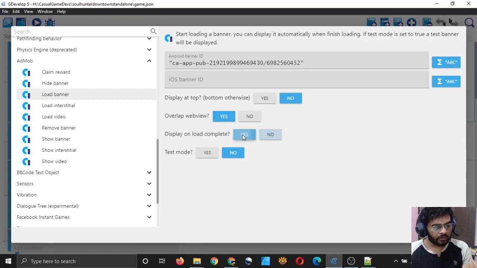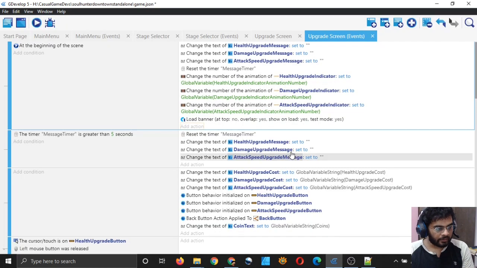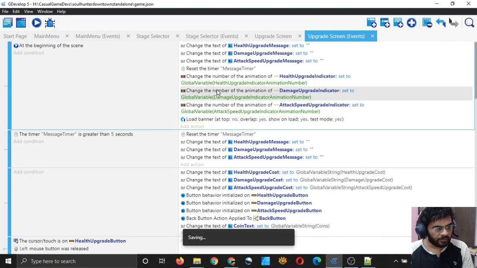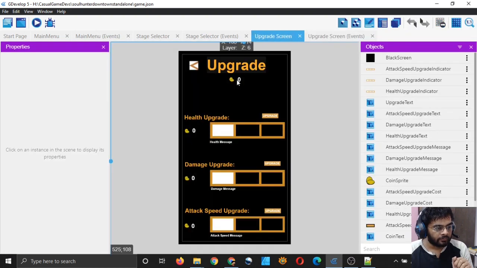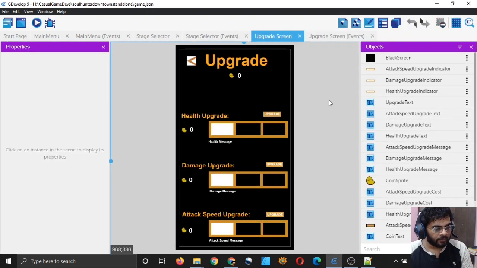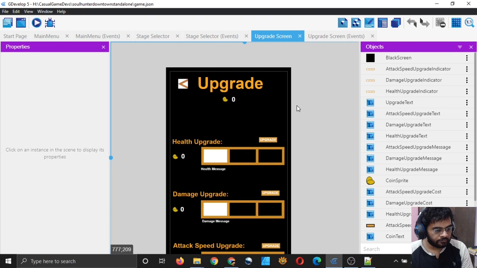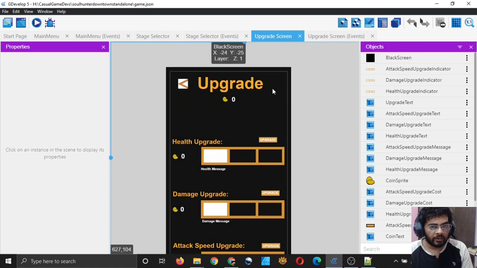Display on load complete, yes. Test mode, yes. Okay. I will select okay, and it will display a banner ad at the top. But I have given the ID of my native advanced ad. Let's see what happens. I don't have space at the top, so I will make some space because I am displaying this ad on the top.